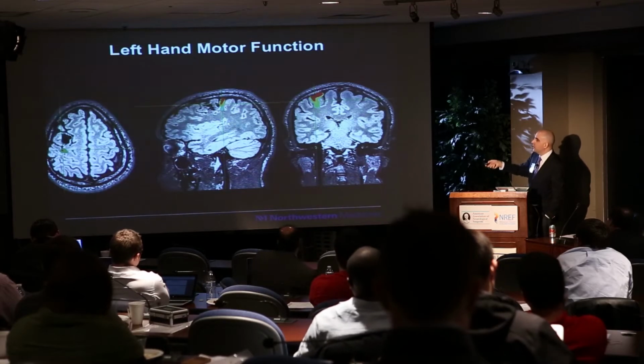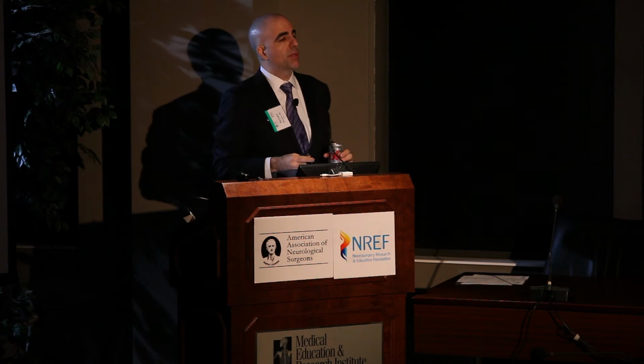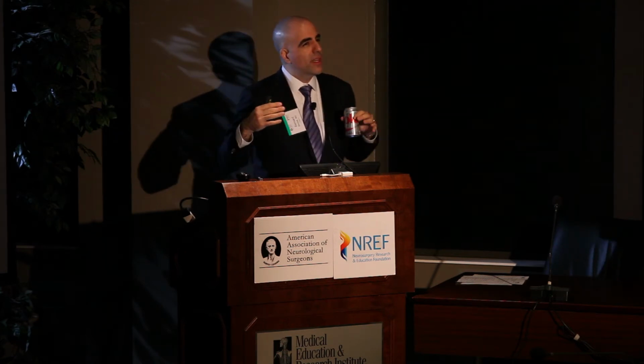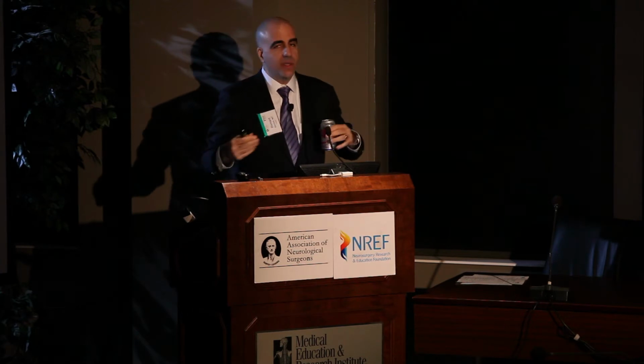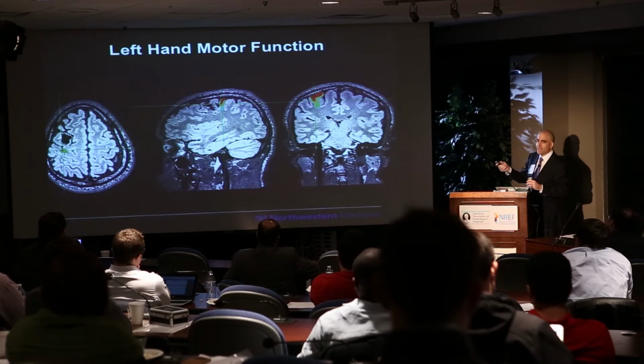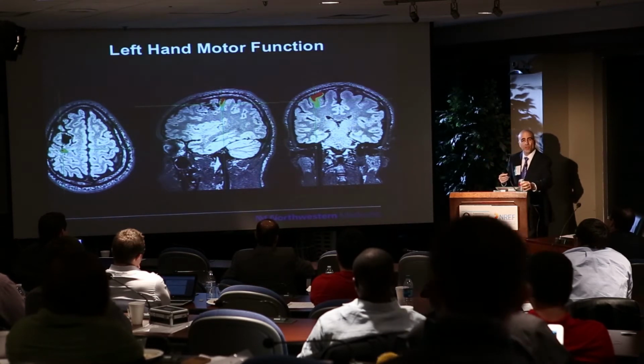So we use functional imaging. You can walk in a clinic and say, yeah, this is an AVM, 2% risk of hemorrhage, it's in the motor cortex, next patient. Or you can say, well, let's look a little bit deeper. I love the detective work that we do in clinic. What about the functional imaging? Where is the motor cortex? It can often be displaced in patients with AVMs, but functional imaging is only the start of the story.